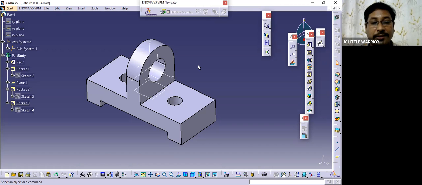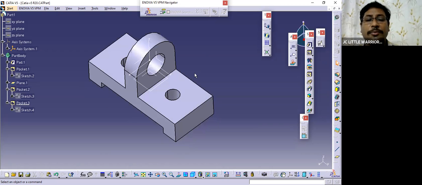If you say GD&T, or some other manufacturing methodologies, there are so many things, so many advanced things. So I'm just trying to give you a flavor of that. At the same time, I'm trying to give you the knowledge of CATIA. These are the basic things I need to equip you with right now, and then going forward,